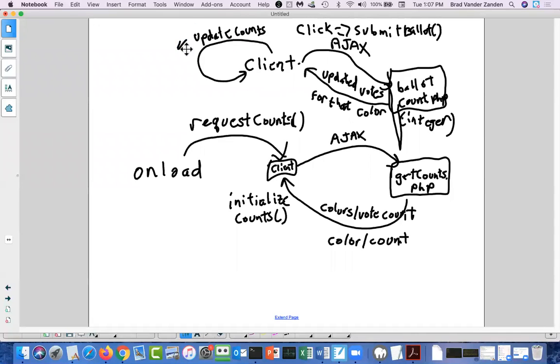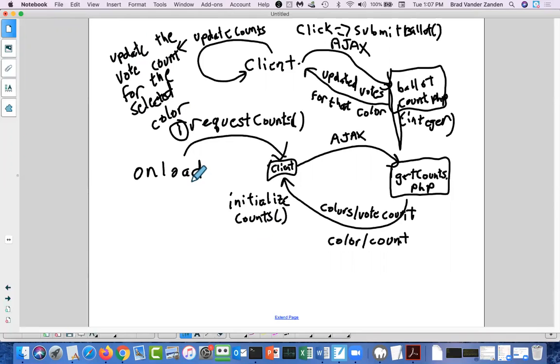And it is going to update the vote count for the selected color. So you are going to write 4 functions. You're going to write request count, which is going to be an AJAX call.